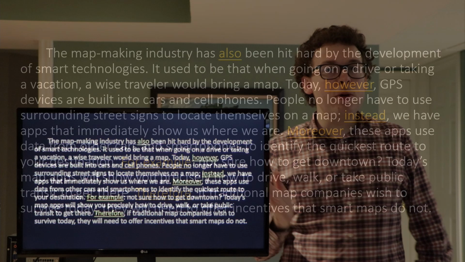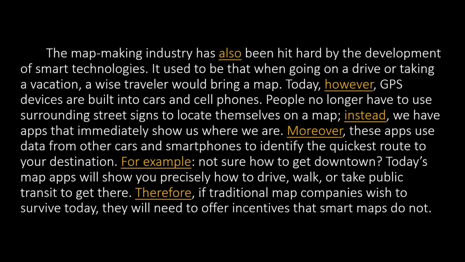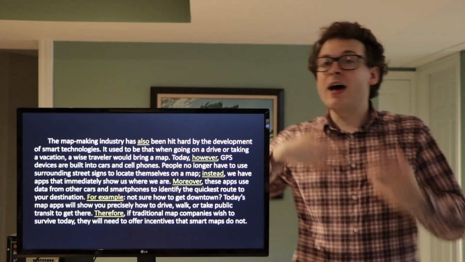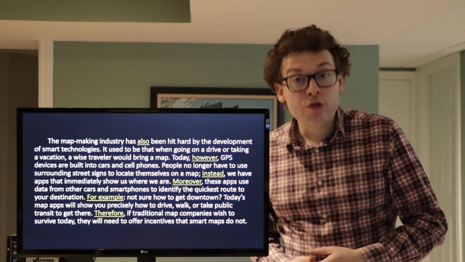Now, here's a paragraph. I'm not going to read it now. I'll read it after our little pause here. But what I want you to do now is pause the video and take a look at those yellow underlined words and try and come up with what each of them is doing to guide your reader from the previous sentence into the next sentence. So pause the video and then we'll go through it together. Okay. So I'm just going to kind of read through the paragraph, and as we come to transitions, we'll talk about them.